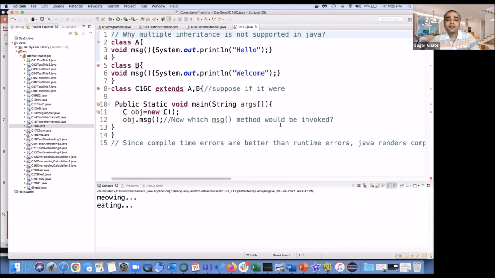Apart from that, multiple inheritance is also not possible, which means I cannot do A comma B. Already we have seen. Let me remove the error. A3, A3, B3, and B3.